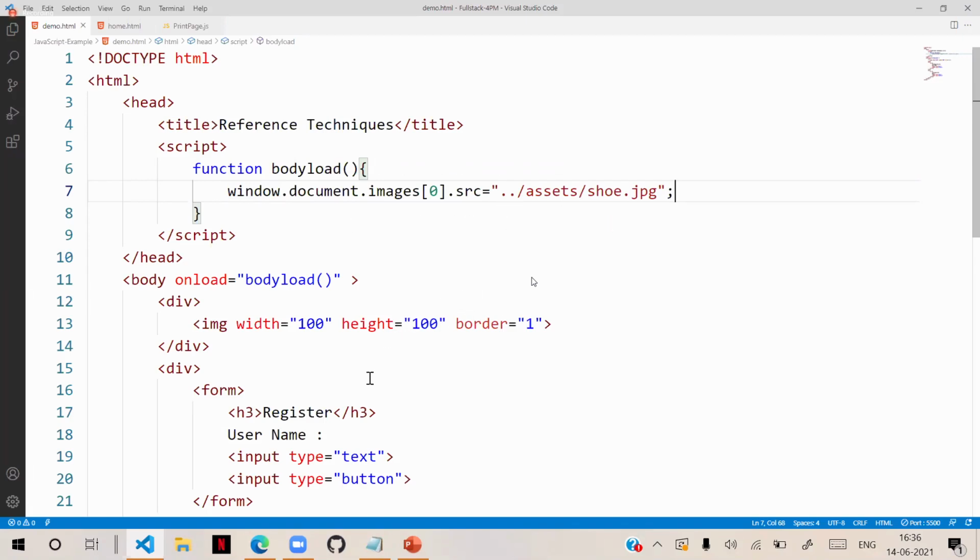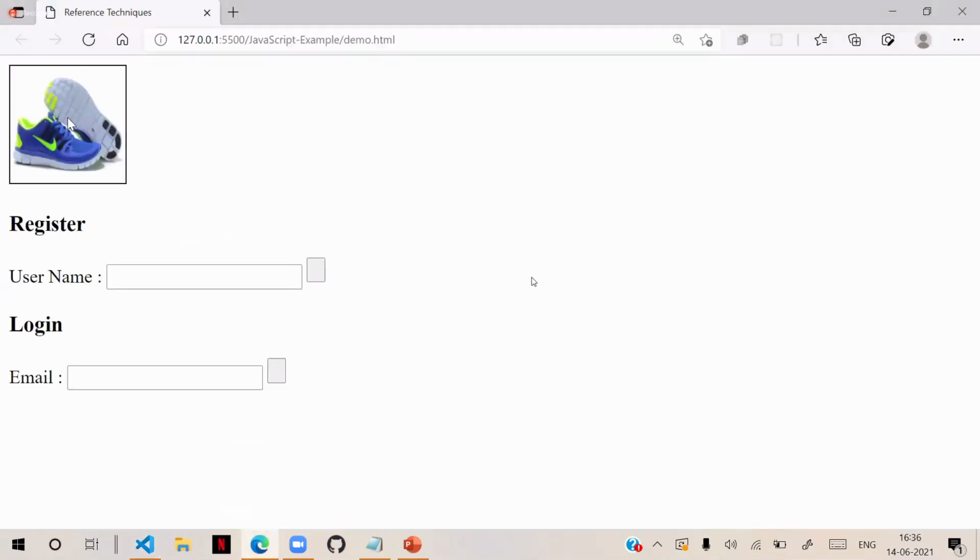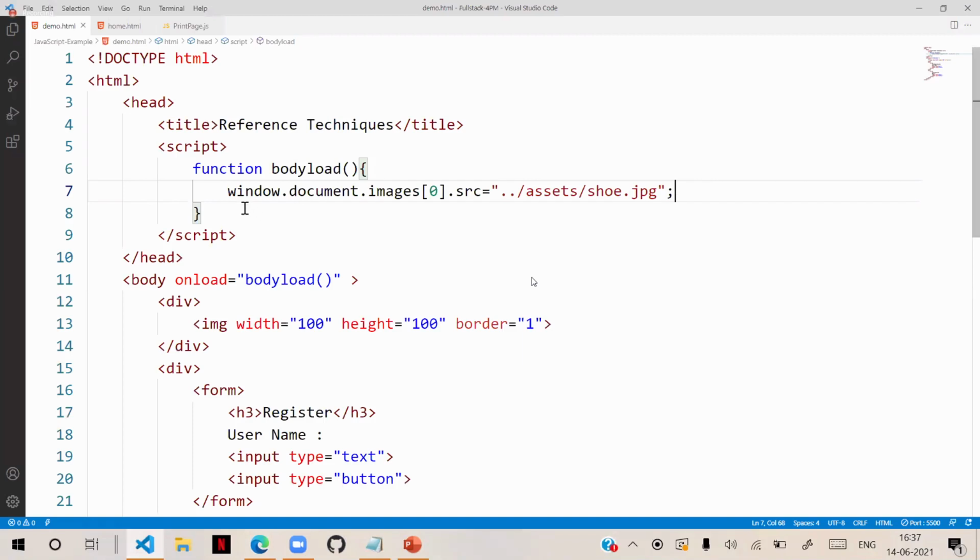Now let's refresh and see. You see the image is available. That means automatically JavaScript is taking control of the image and it is displaying some image. So we are using a DOM hierarchy to refer the elements in HTML.